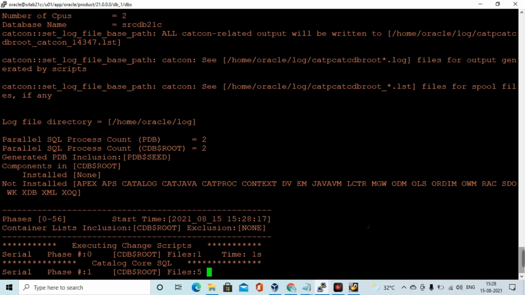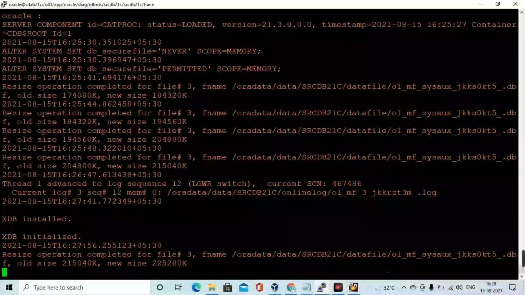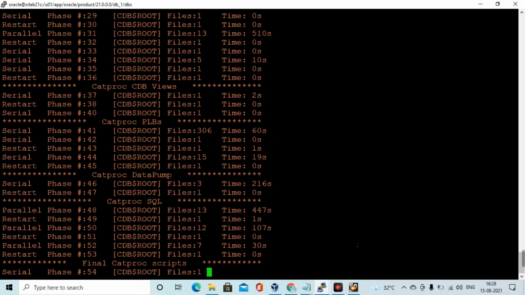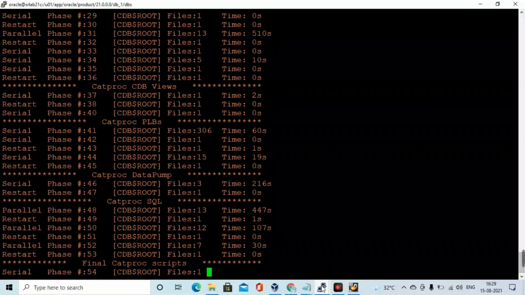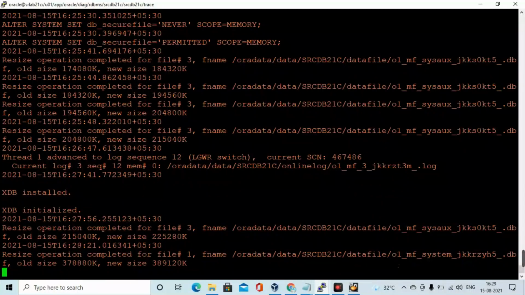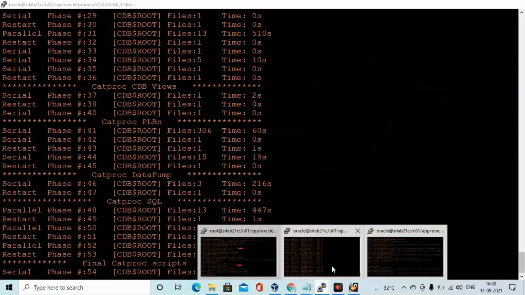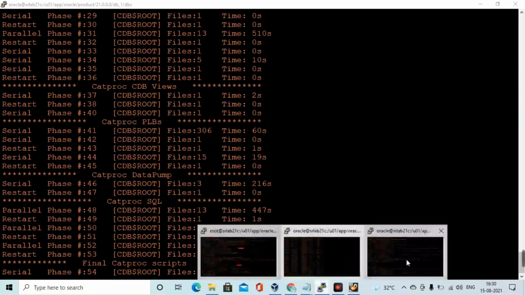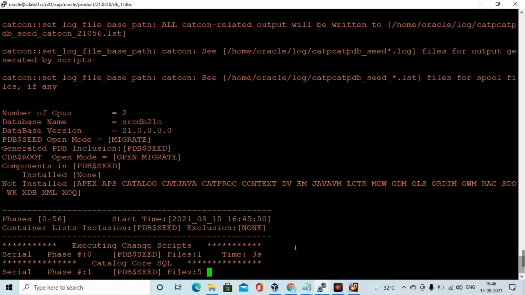Firstly it will proceed in the CDB root. It will install the catproc and catalog, and those SQL scripts are executing under the CDB root container. There will be around 56 phases it will execute.